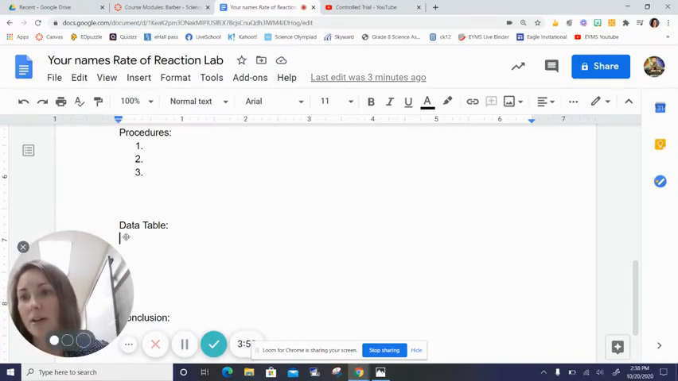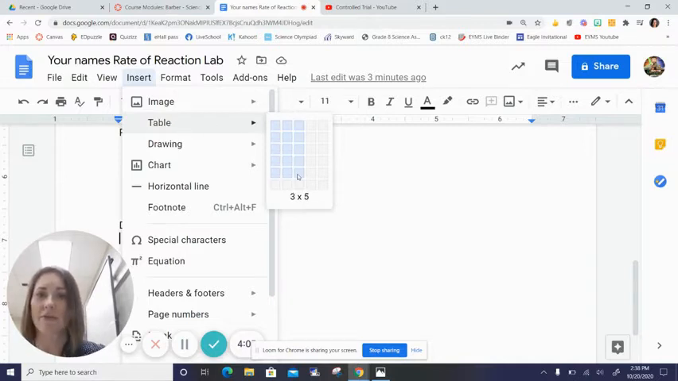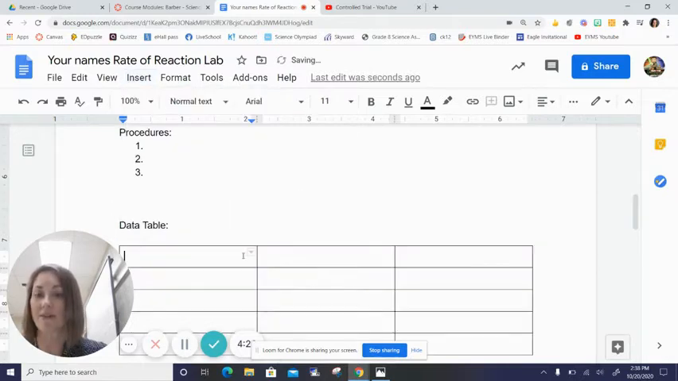So you click underneath the heading data table, and you're going to hit insert menu, table. And you want to do at least a 3x5. So 3x5 is if you're going to do 3 trials. So you can do a minimum of 3 trials, a maximum of 5. So if I want to do 5 trials, I'm actually going to do 7, 3x7, because this will be like